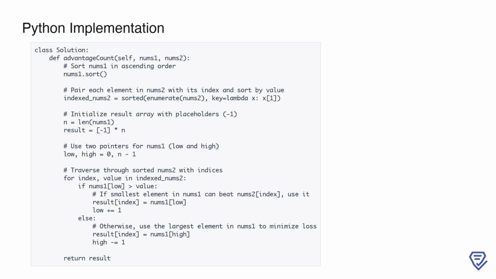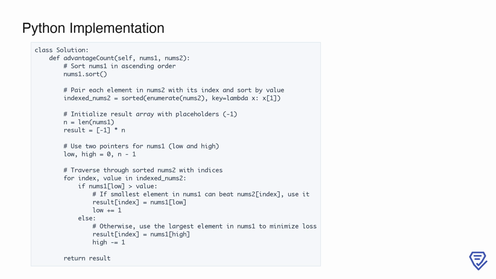First, nums1 is sorted in ascending order. This allows us to easily access both the smallest and largest values. Next, we pair each element in nums2 with its original index and sort these pairs by the values in nums2. This helps us to determine the smallest value of nums2 that needs to be beaten while preserving the original order